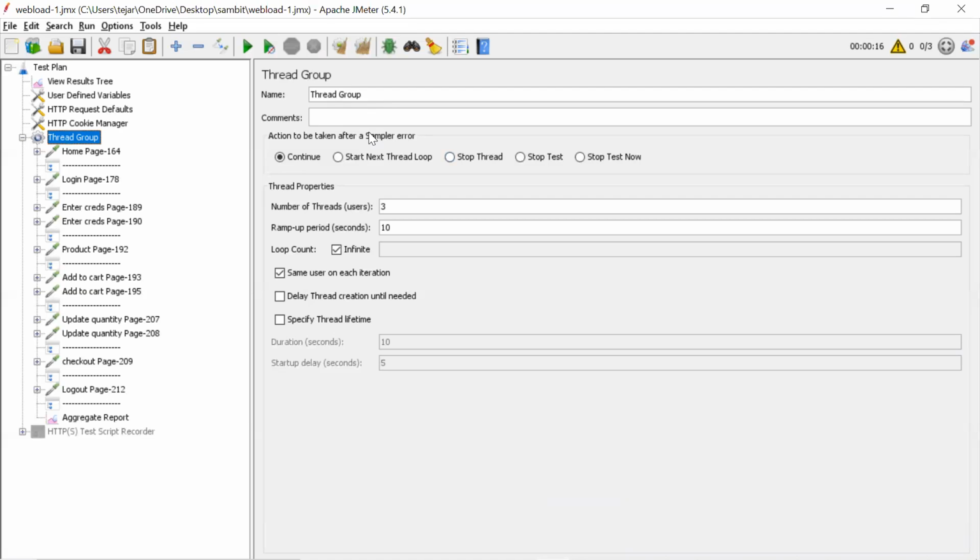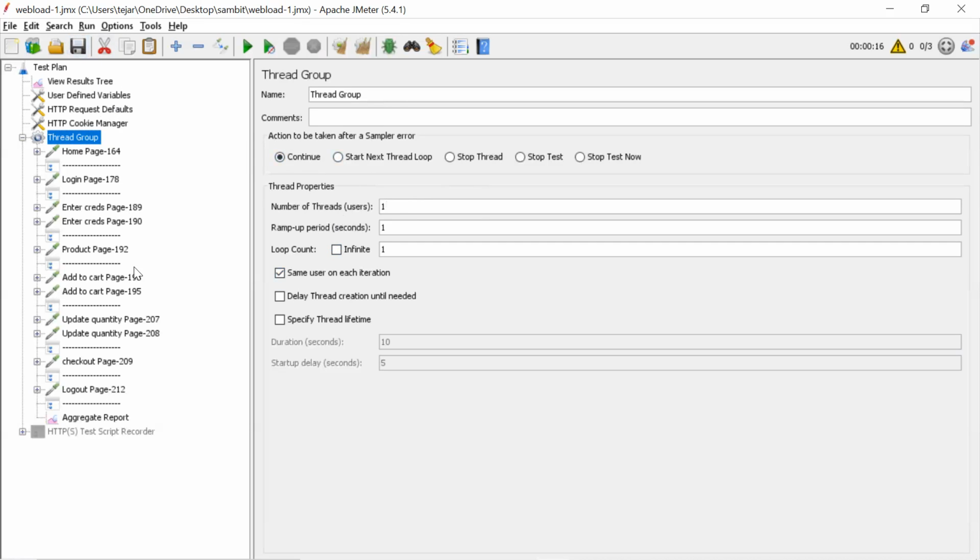So this option is asking what action you want to take if something fails. By default, we have continue, which means even if something goes wrong, we continue to the next flow. Now we can't wait for an error, because we don't know when it will come. Only if the server is down will errors come. So instead, we will create the error ourselves.